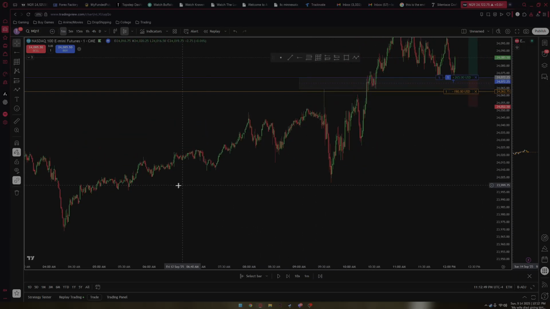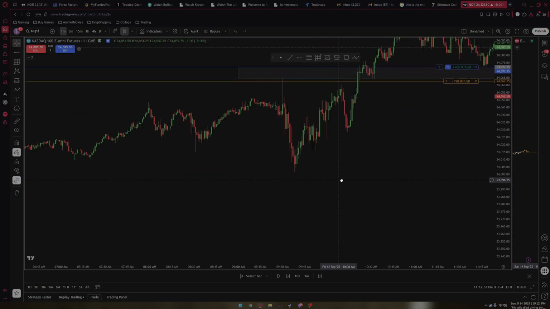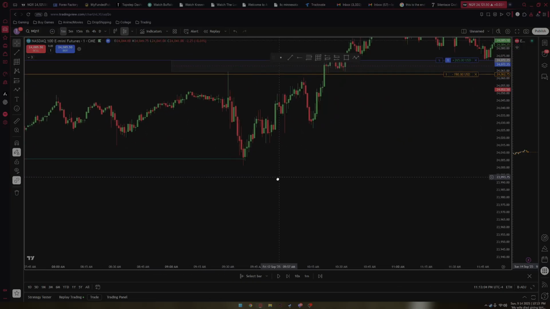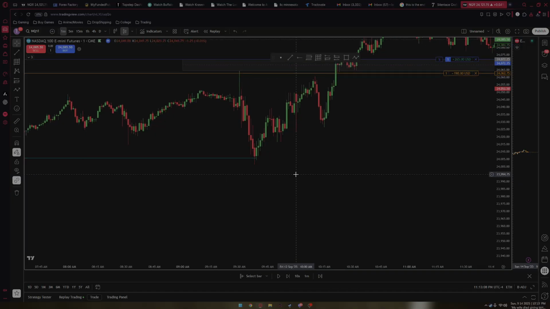So this one comes all the way down here, sweeps these lows right here. This low, again, market comes down here, sweeps this low, and then it reverses back up. So what I'm looking for is that the second it comes to sweep this low, I'm thinking, okay, I'm looking for certain confluences, but is the market going to push back up like this and then continue down lower,